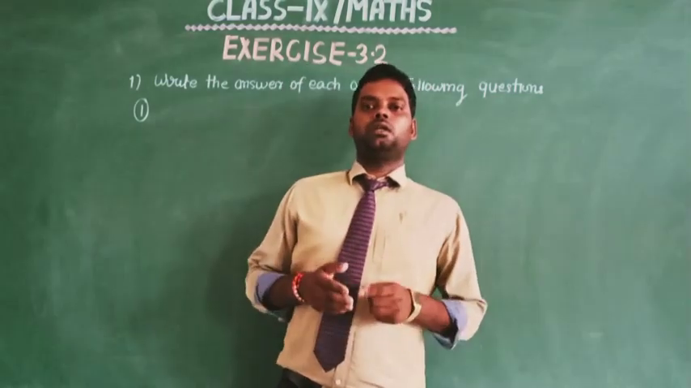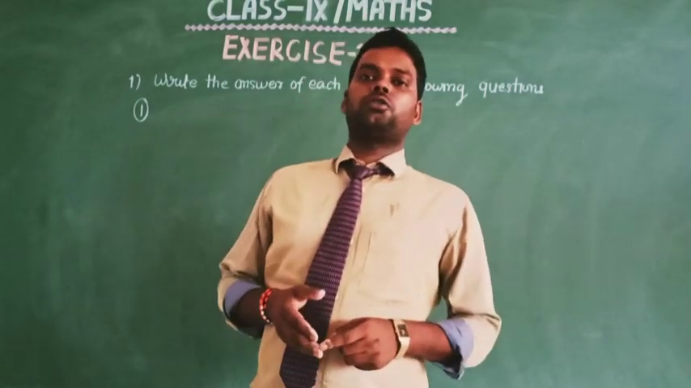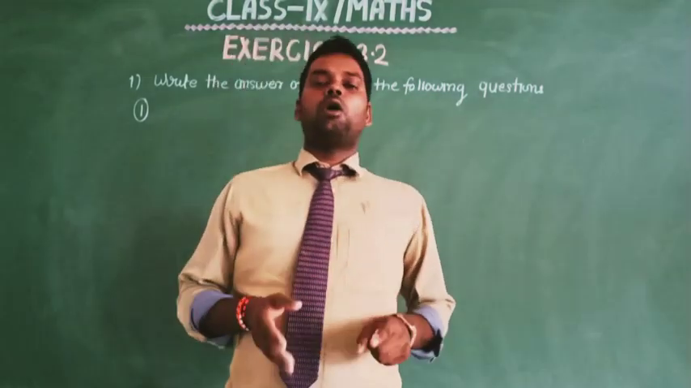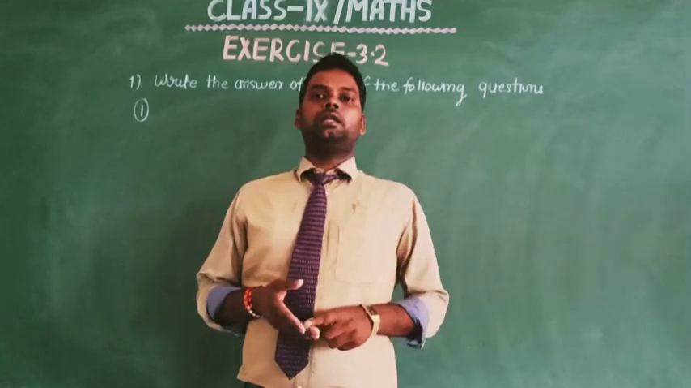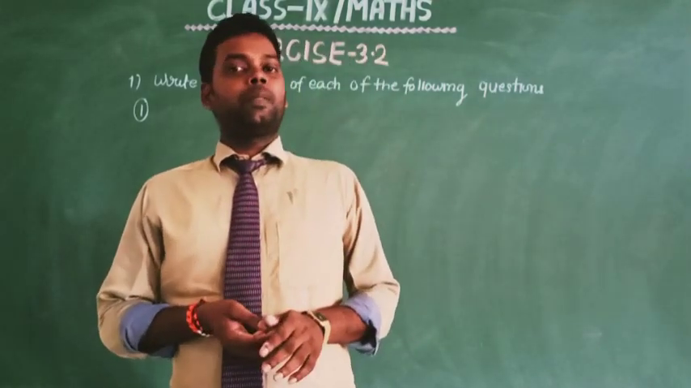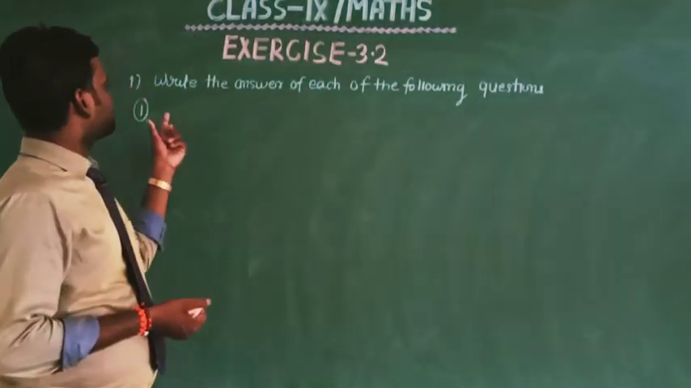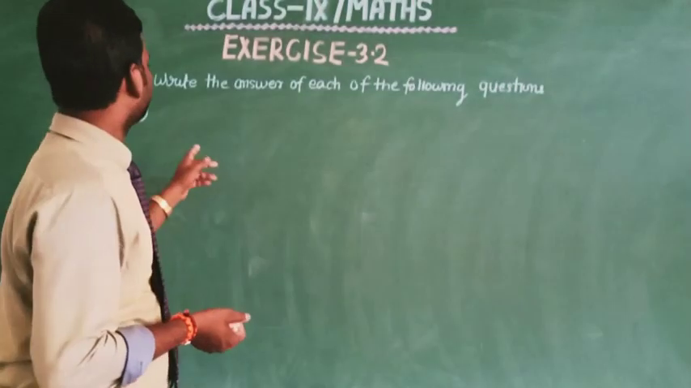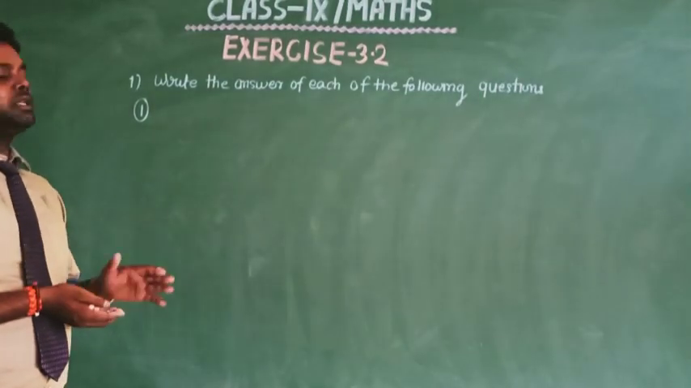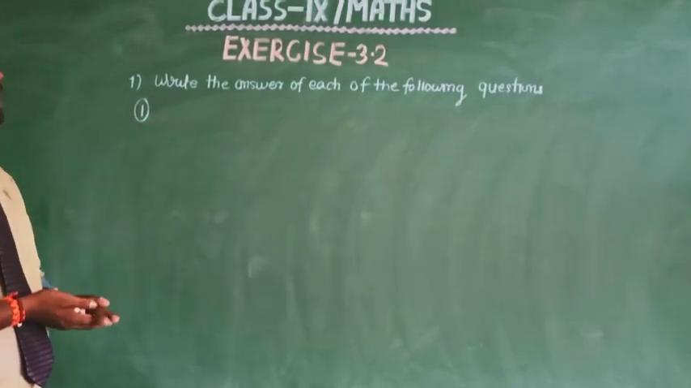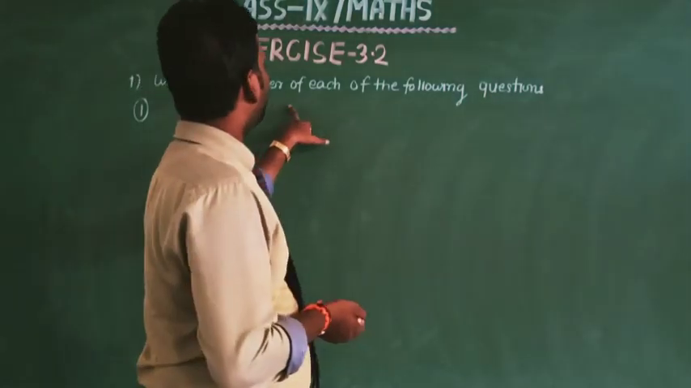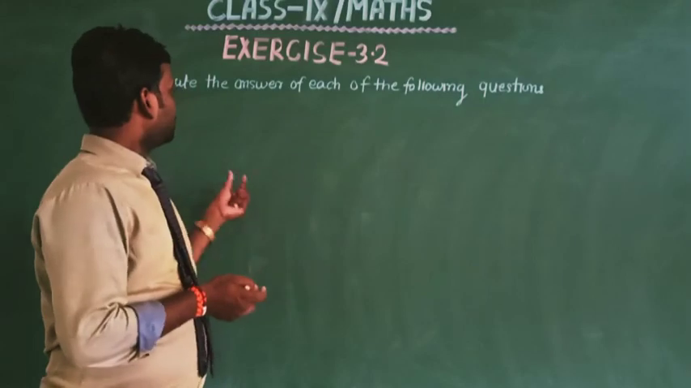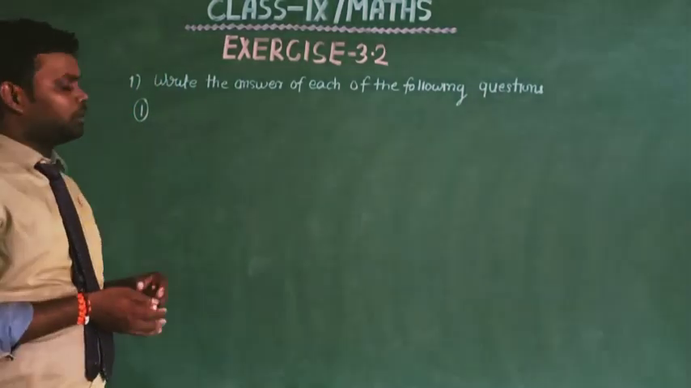Hello everyone, in this video we will see the solution of exercise 3.2 of the third chapter, Coordinate Geometry, from the NCERT textbook of class 9 maths. So here is the first question of exercise 3.2. In this question it has been said to write the answer of each of the following questions. Okay, the first part of question number 1 is